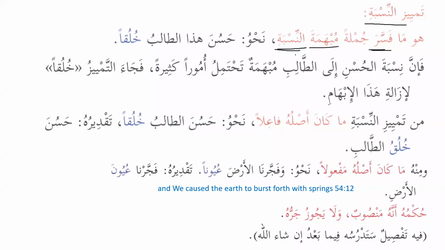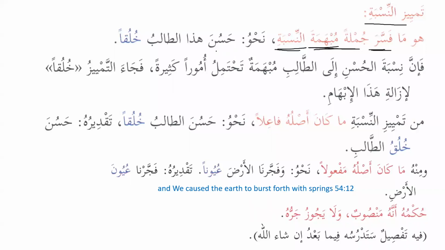So a sentence that is proportionally ambiguous, for that tamyiz or nisba is used. And if you remember, we have discussed that for tamyiz or that, we have one word, and for tamyiz or nisba, we have the complete sentence, as we can see over here. And what kind of sentence is this? Jumlatun mubhabatan nisbati, a sentence that is ambiguous in the form of proportion, yani proportionally ambiguous sentence. So it has to be a complete sentence.